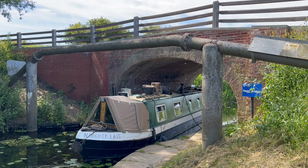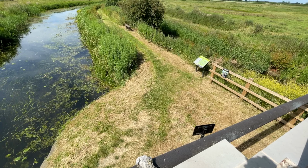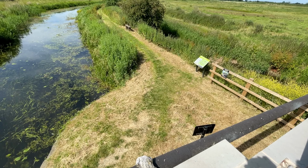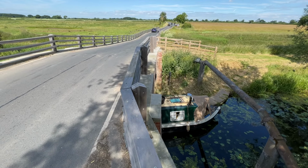I'm here at Hag's Bridge. This is where I thought I'd get the water, but there's no water point here. The online map I had just told me there's a water point right here, but who knows what's happened to it. Maybe it was never here in the first place. But I'm at Hag's Bridge, which hopefully is the end of...